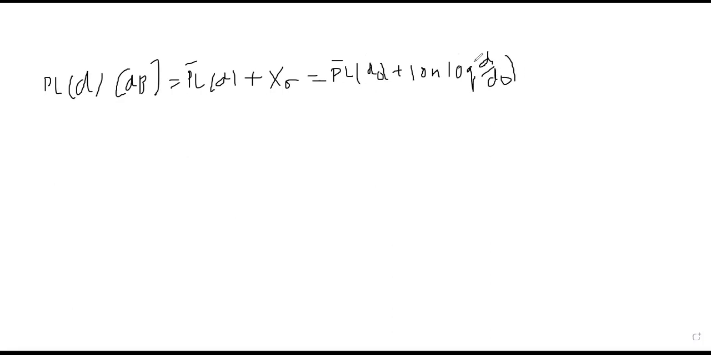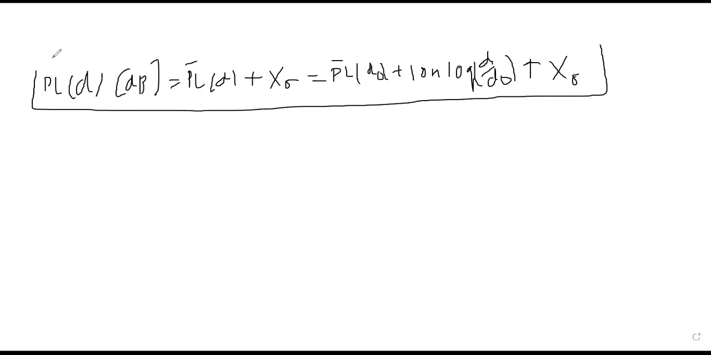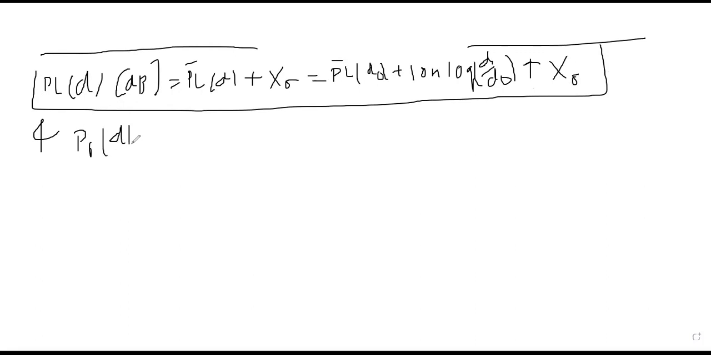and the sum of the zero mean Gaussian distributed random variable X sigma. So this is important in log normal shadowing, and you know the power at distance d is computed